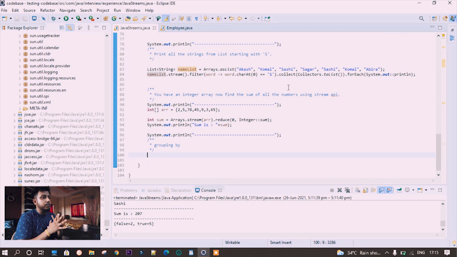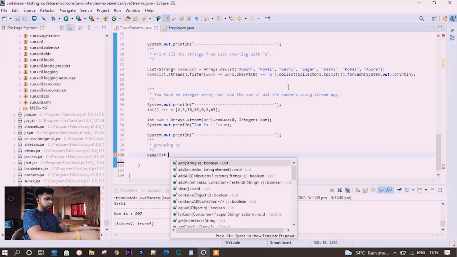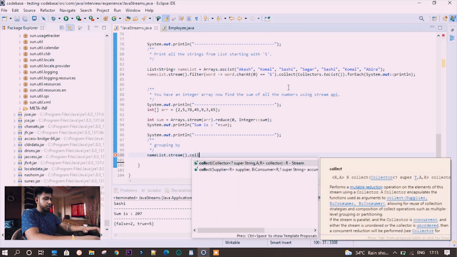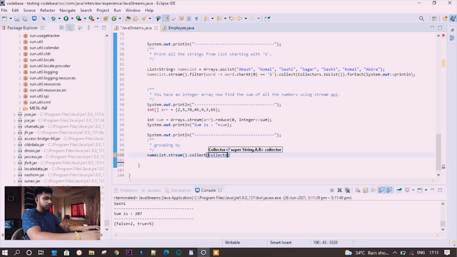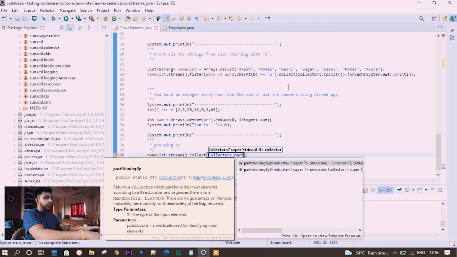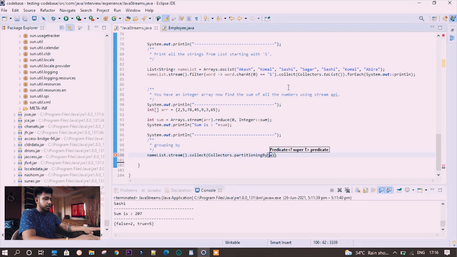So let's take one example. Let's group the names whose starting letter is S. Okay, so let's group those together. So nameList dot stream dot collect, Collectors dot partitioningBy. Here you need to use a lambda expression.